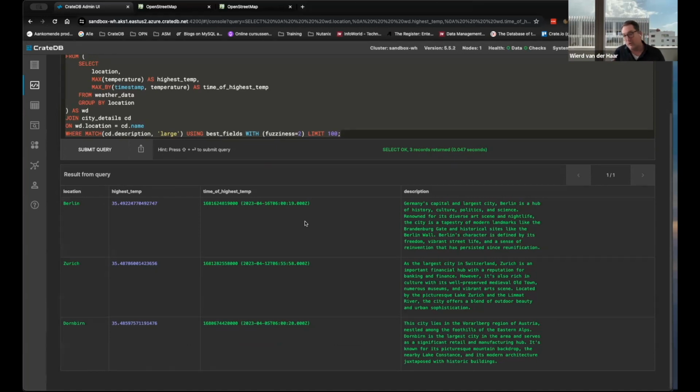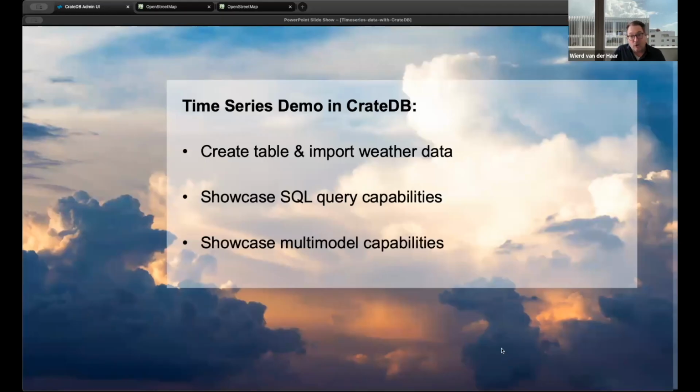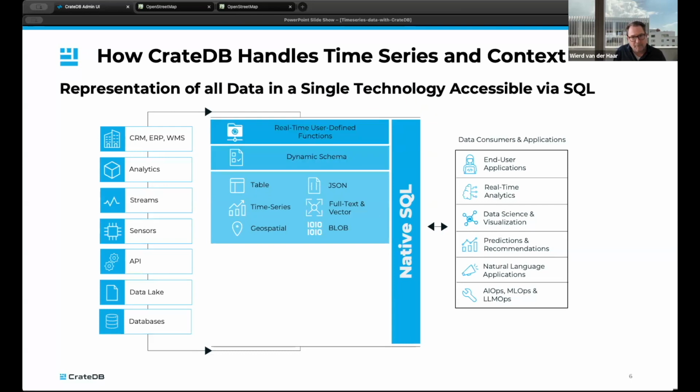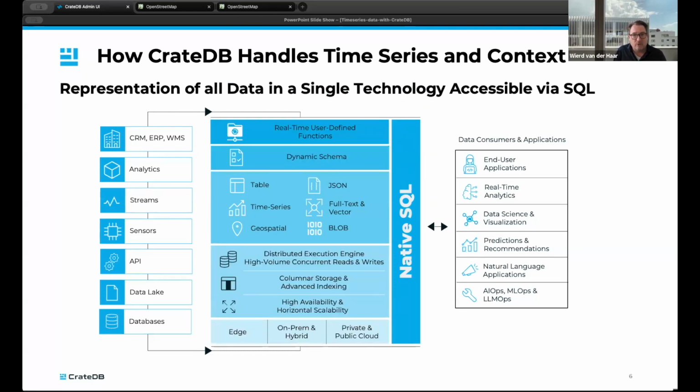So this concludes my demo. I hope it gave you a better understanding of what CrateDB can do from a multi-modal perspective, but also from a SQL query capabilities, and how it can help you with your time series data. Very quickly to resume,